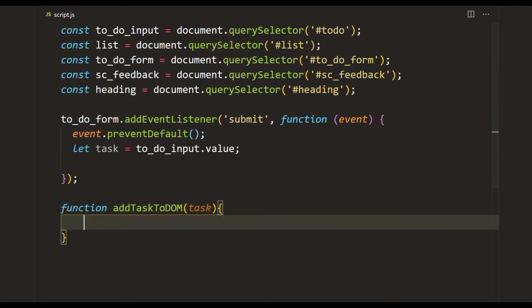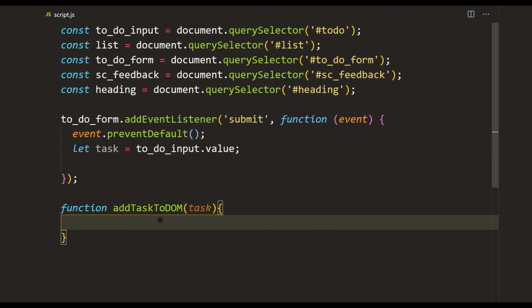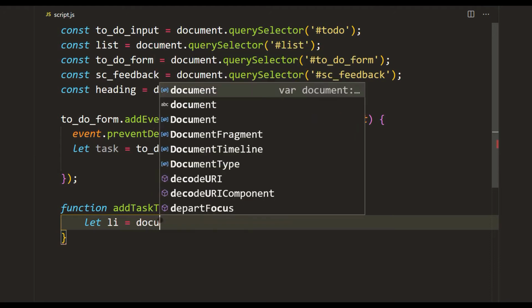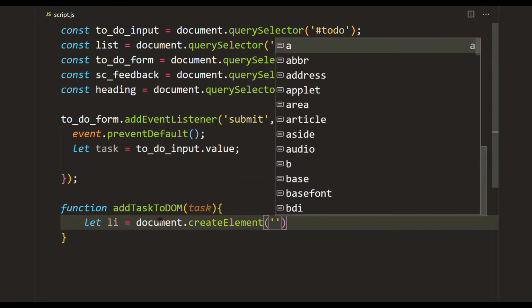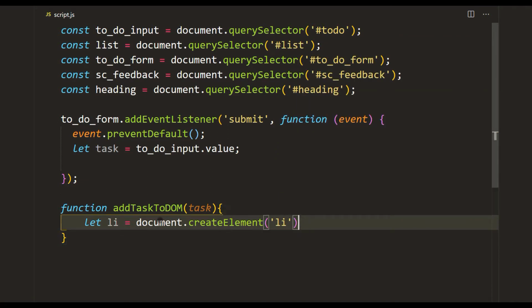The first thing we want to do is add a list item, so we want to add this element into our list, into our UL. To do that, first we have to create the element. We're going to say let li, and we're going to say document.createElement, and in the quotation marks goes the name of the tag, which is li, list item.